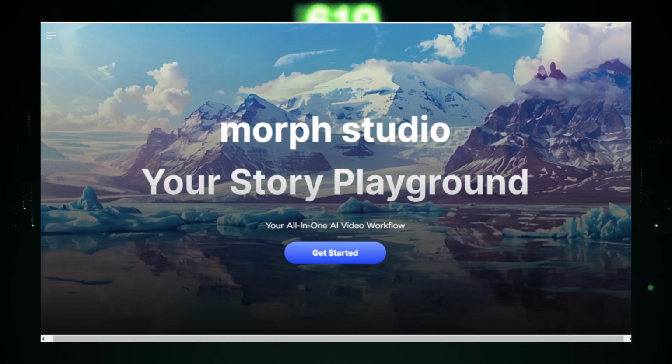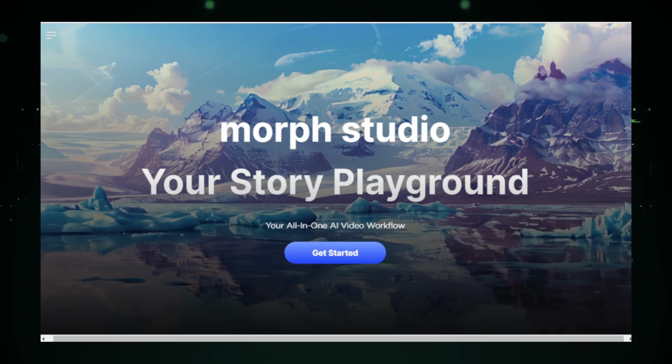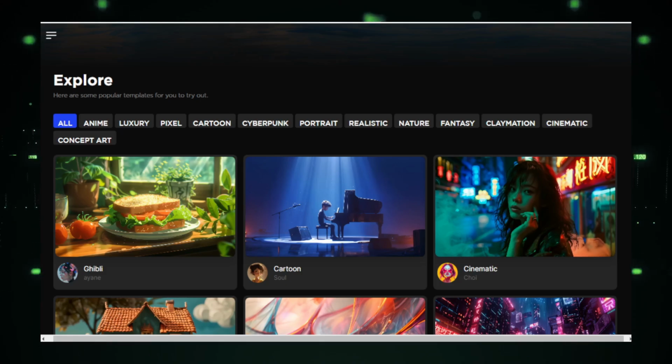Whether you're a novice or an experienced creator, Morph Studio has something for you. Morph Studio provides a multifaceted creative toolset. One of its standout features is the motion brush, which allows you to animate specific parts of an image or video by simply brushing over them. This means you can add dynamic elements to otherwise static visuals, bringing your creations to life with just a few